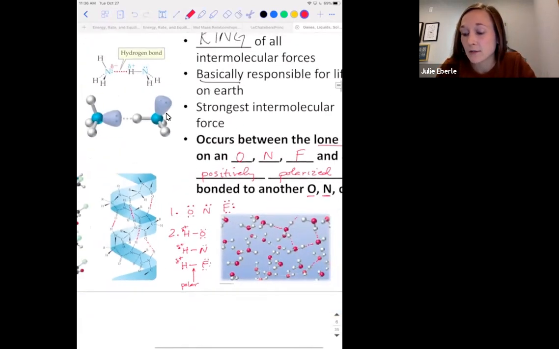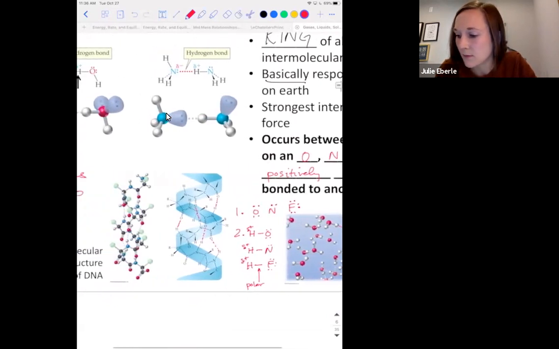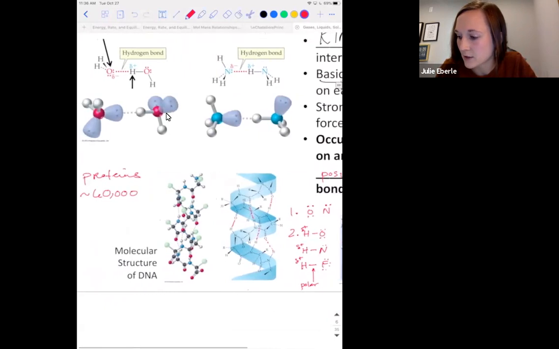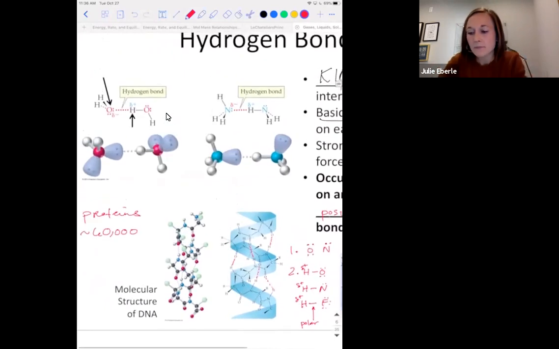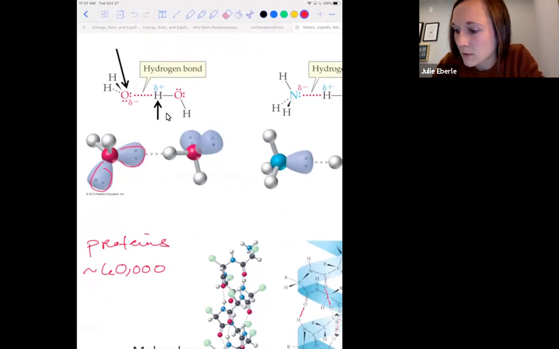So that's the definition. Now let's unpack a little bit. Let's look at some hydrogen bonds. So I'm gonna slide over here. If I need to go back, just tell me. Right here, we see 2 water molecules. Okay, these are the electron clouds. So kind of imagine the water molecule without those electron clouds. But the electron clouds are important because we have to have the lone pair in those electron clouds to have the hydrogen bond.